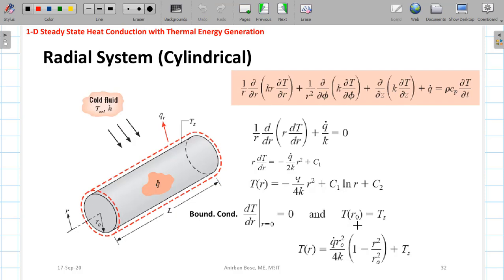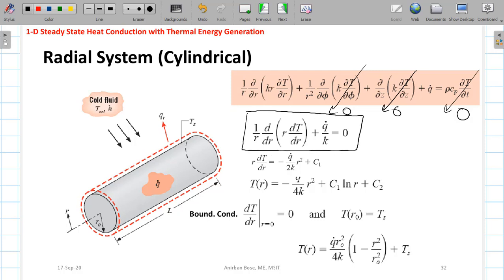Now for the radial system, the problem that we have just done is for the plane wall. For the radial system, maybe the heat generation term is present. In that case also we can solve in a similar way, considering only the radial direction temperature gradient is significant. Along the polar or the axial direction, let us consider this is not significant. So again the problem becomes a one dimensional problem. And if we consider it is a steady state problem, then this right hand side part will not be there in the expression. So what will remain is only this part of the equation.